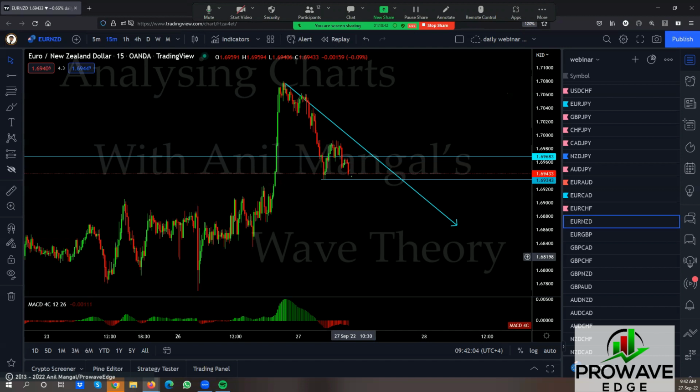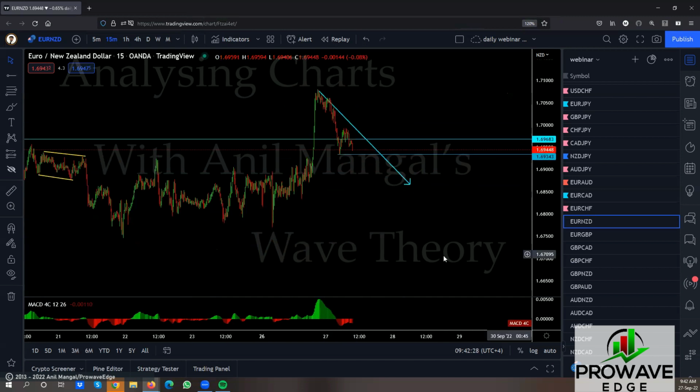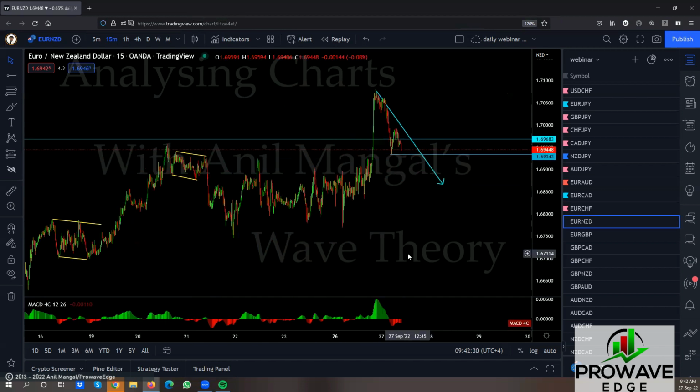So what we're looking for is that this would probably go back here, right? It could be that this is a small flat, like this is a small one, and then they drop. So we take the trade, put a stop here, manage that trade down to this level, go for break even. If it stays here, break even. You know the rules, right? Basically, I don't have to go through the rules here. You guys know the rules, but take the trade. We put that in trade and we manage that trade because sometimes it can really drop here and then go back up. So we'll put this as a sell, put that as a sell, and we'll go with that sell.